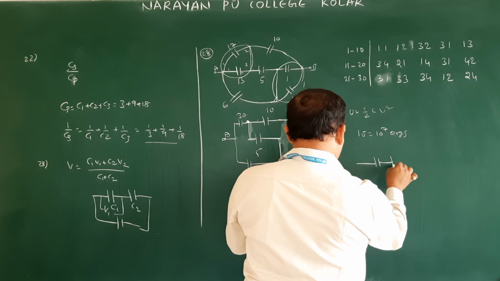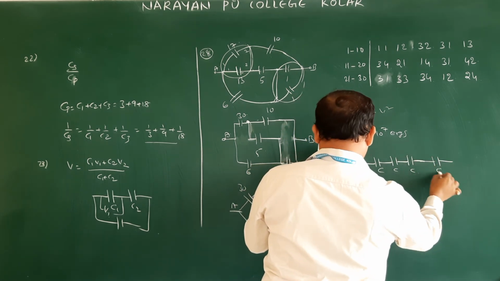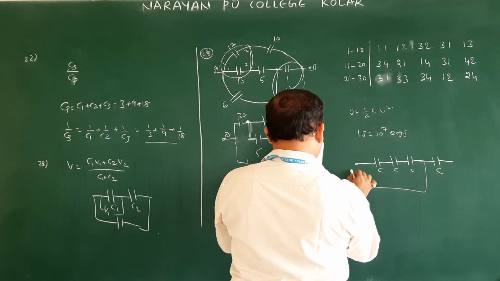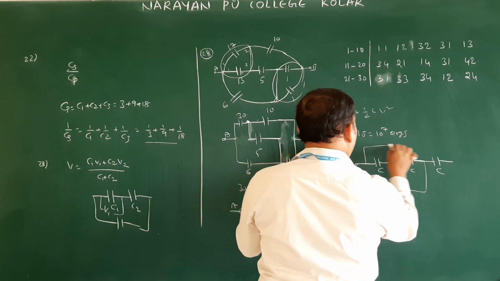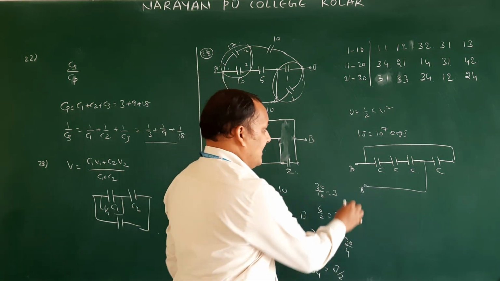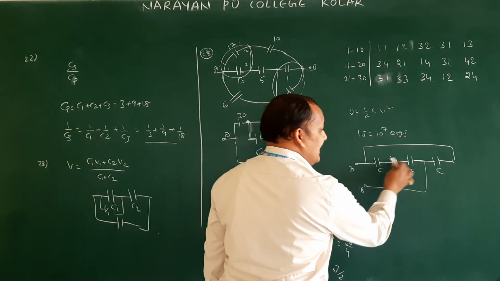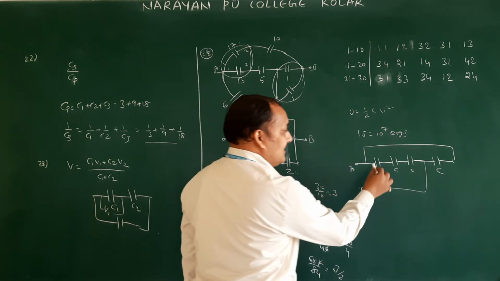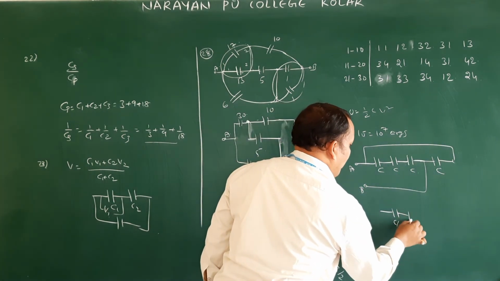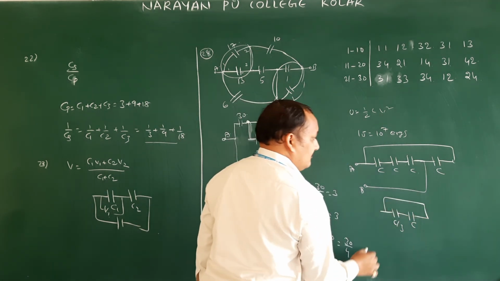I am just giving C. Another one, the fourth one is also C. So from here it is B, and this is A. Find the resultant capacitance between A and B. How are these three connected? C. So these three are connected in series. Series means C by 3, isn't it? This is C by 3. This is C. So this end is connected here.